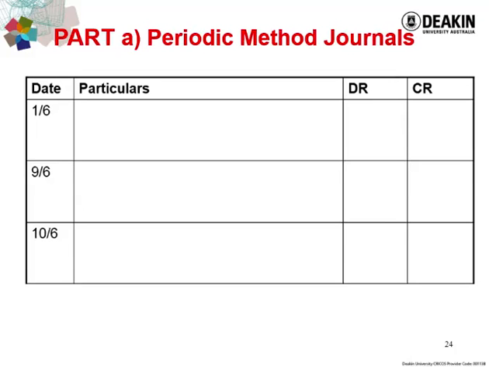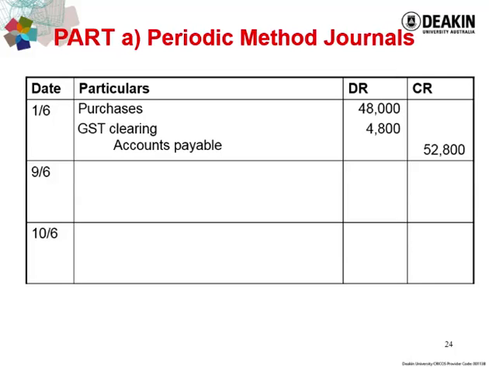Under the periodic method, we do not need to maintain a continuous record of cost of goods sold and inventory, so there is no need to do a stock card. We can directly perform the journal entry. So 1st of June, you purchased 200 tables at $264 GST inclusive each. So recall that under the periodic method, we record inventory in the purchase account, which is an expense account. We do not record the purchase in the inventory account. So you credit accounts payable